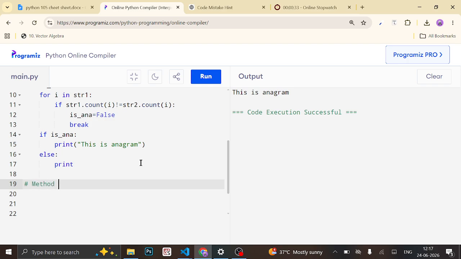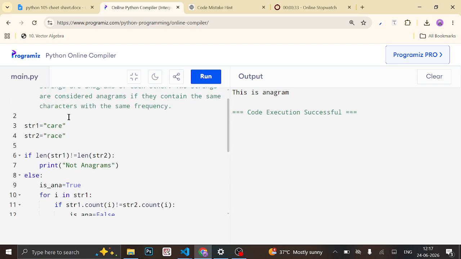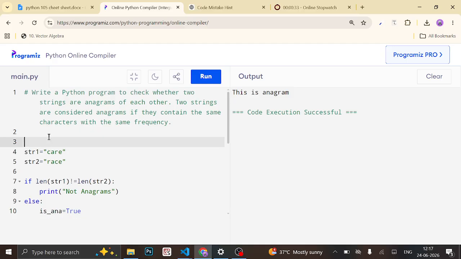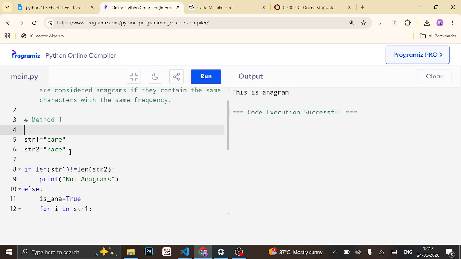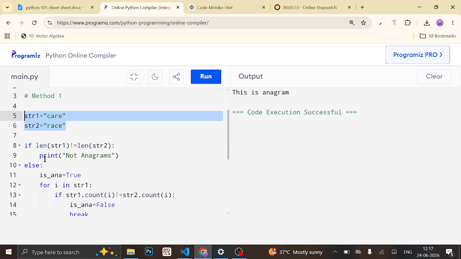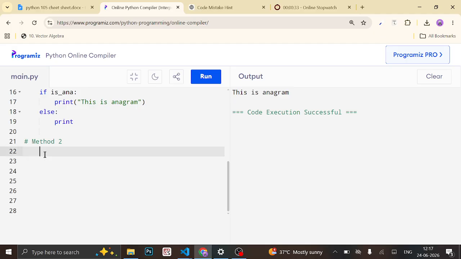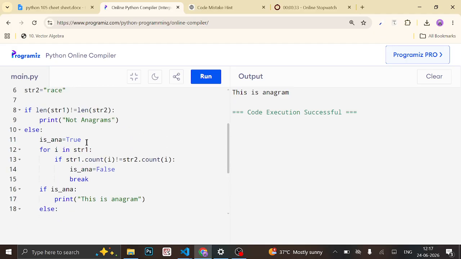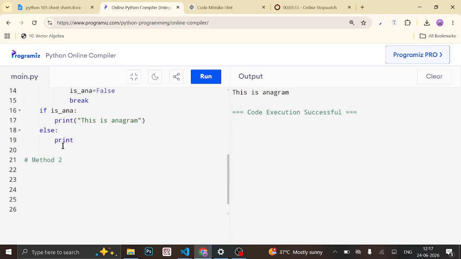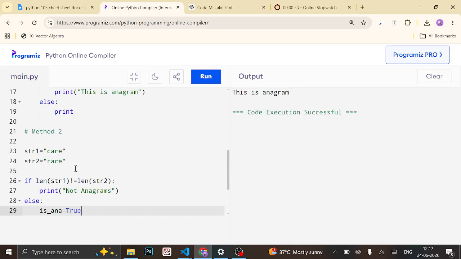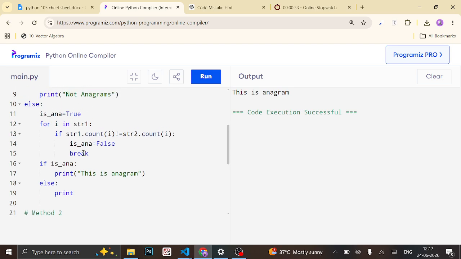Method number 2, this is your method, method number 1. This question I am doing again, I am taking this again, I am taking this also again. यहाँ से कॉपी कर ले रहे इसको, यहाँ से इसको हम कॉपी कर लेते हैं, we can do the while loop here, हमने फॉलो अप्लाई करा था